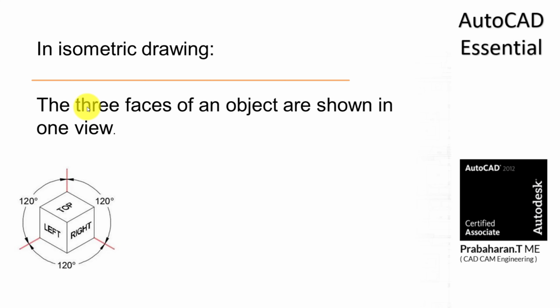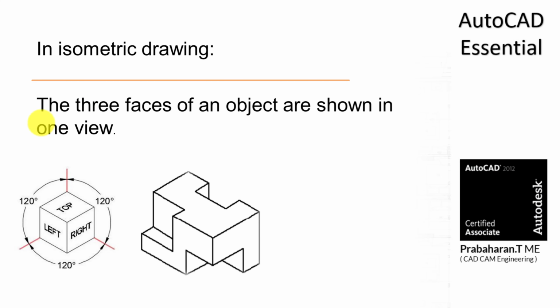Imagine in front of you, you have a small component. How many faces can you see on the component? You can see maximum 3 faces. So those 3 faces we are going to represent. This is the idea of isometric. So this is the top face of the component, this is the left side face and the right side face. Mostly we are going to show these 3 faces of any component. We are focusing on these vertex points.